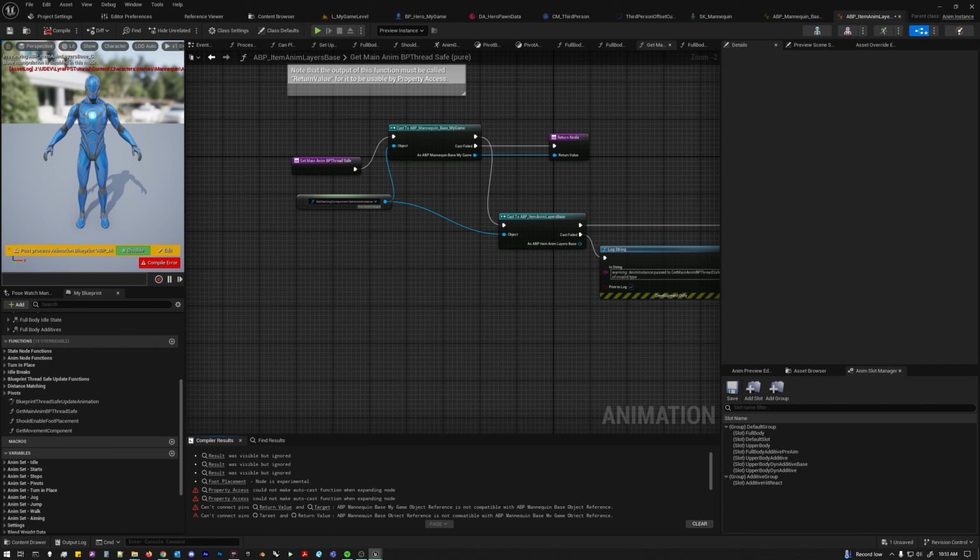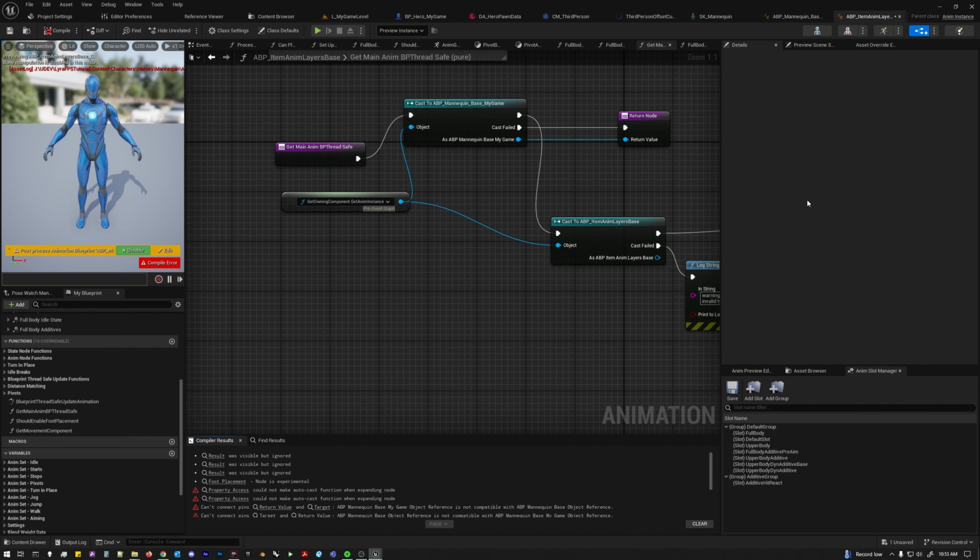So the reason we're getting these errors is because we have a bunch of property nodes that are still accessing the old variables from the old NMBP base. So we want to,